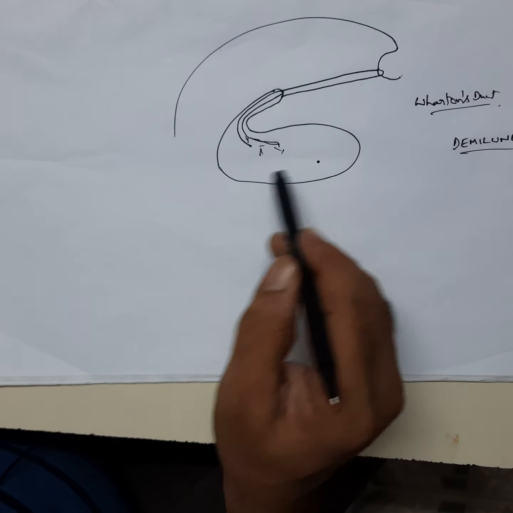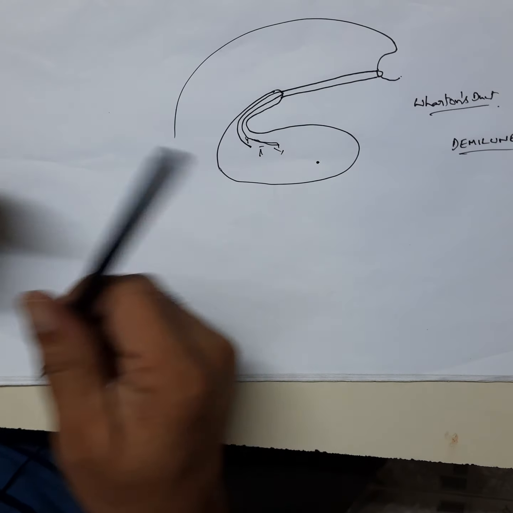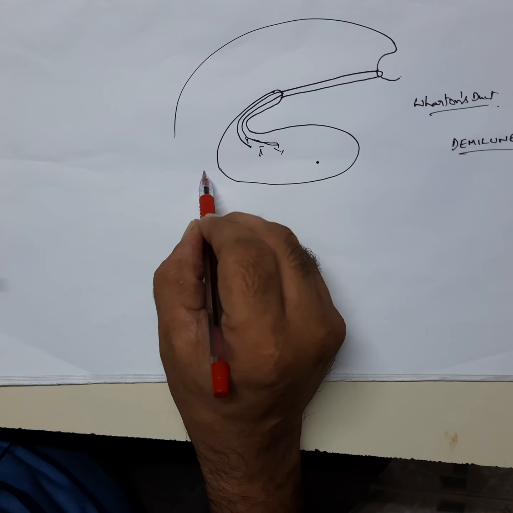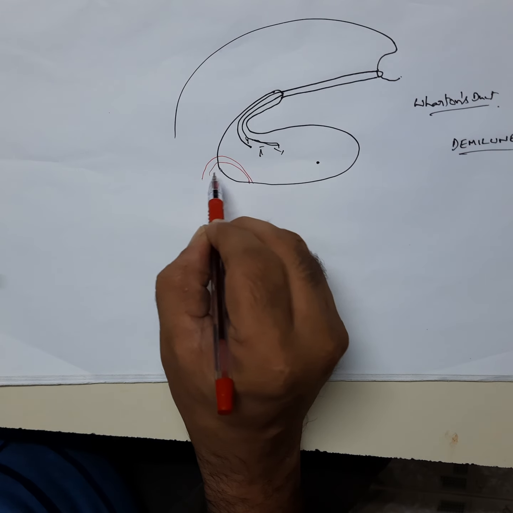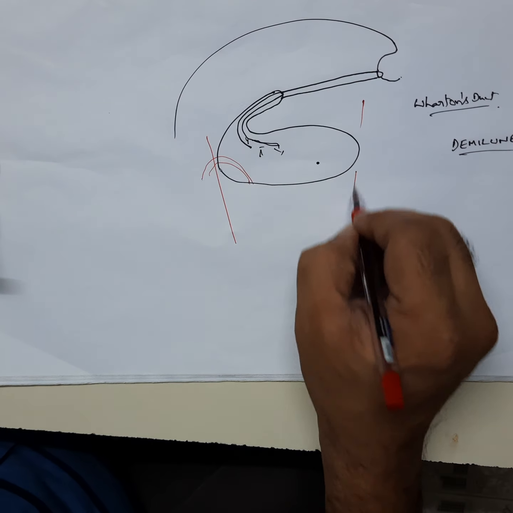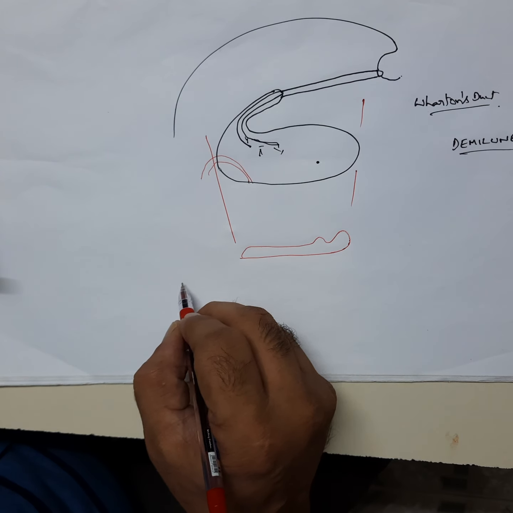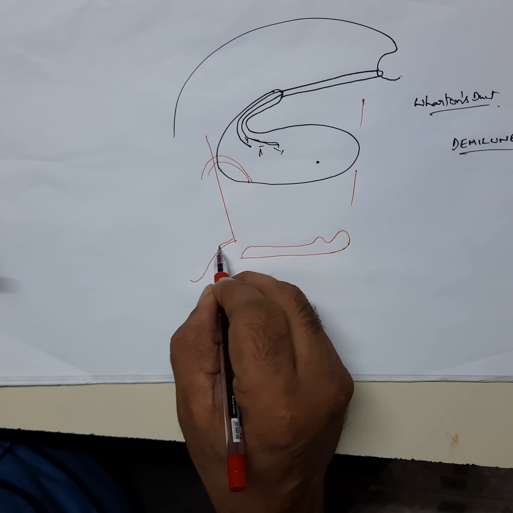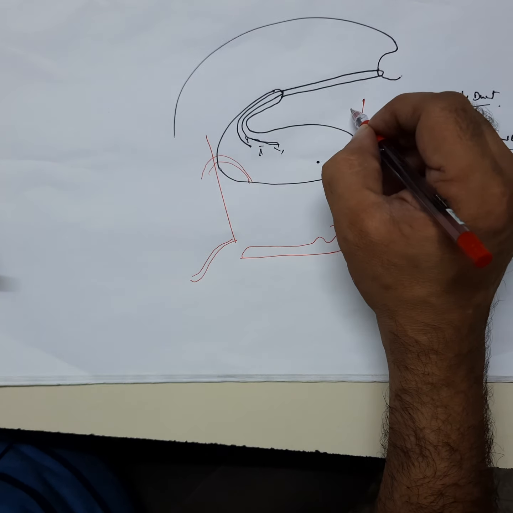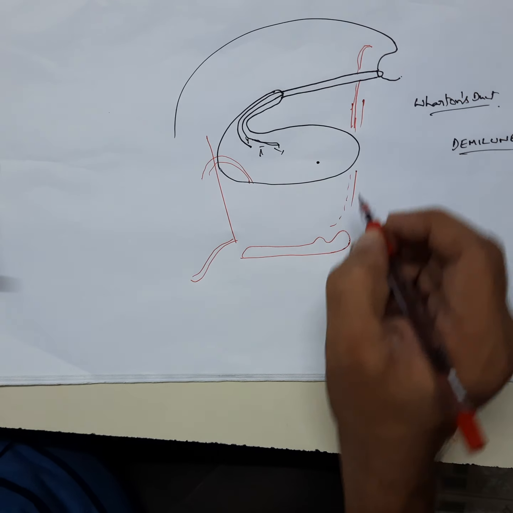The blood supply is by the branches of the facial artery and the lingual artery. The facial artery is present in the groove behind it. So, the facial artery is like this. It gives branches. The lingual artery, if this is the hyoglossus muscle and this is the hyoid bone, passes like this behind the hyoglossus muscle, then ascends along the anterior border of this muscle and reaches the tongue here. So, this is the course of the lingual artery.